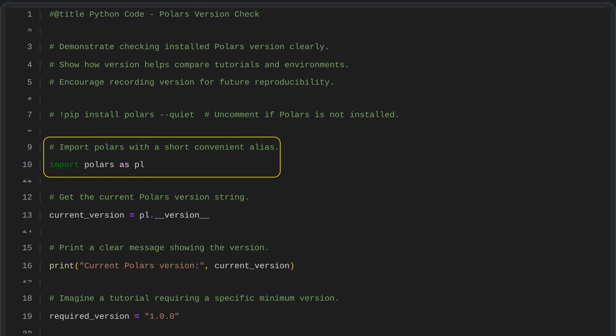We begin by importing the polars library, a powerful tool for data manipulation and analysis similar to Pandas. To keep the code concise and easy to read, we assign it a short alias, pronounced PL. This alias lets us refer to the library quickly whenever we call its functions. Using such a shorthand is a common practice that improves clarity, especially when working with the library many times in